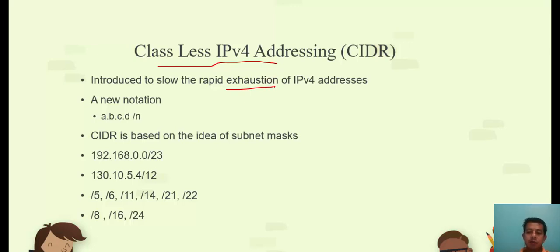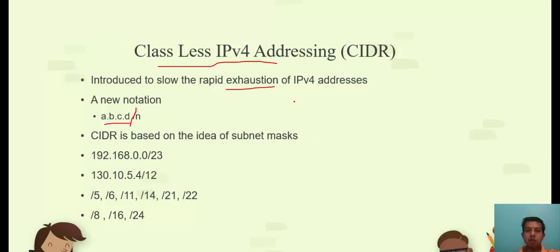They saw that the classful IP addressing scheme was creating a lot of wastage, so they developed a new way of addressing, known as classless IPv4 addressing, also known as CIDR. It uses a notation. The dotted decimal notation is already there, where we use a dot with 4 decimal parts A, B, C, D. Then they use a notation known as /n, where n is a number which indicates the number of bits used